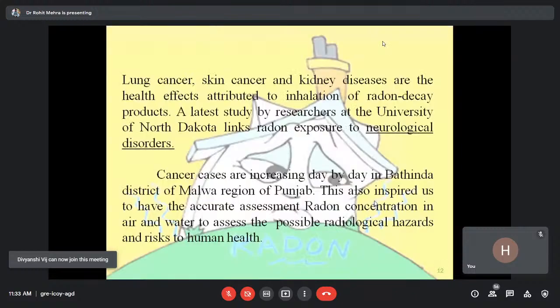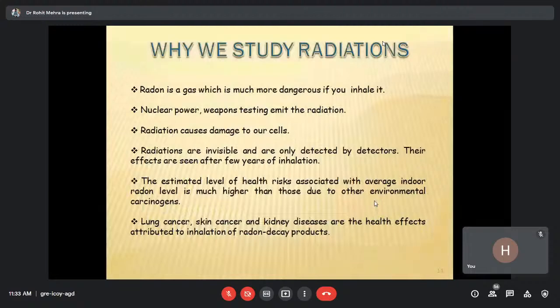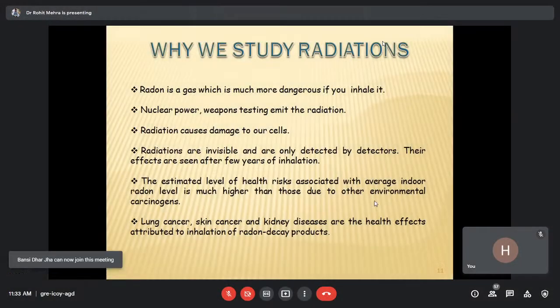But one thing is very important that you should always remember: the purpose of studying radiation is not to create a scare among people, especially in the Malwa region. But my request is, there has been a lot of hue and cry in the last few years that the water in the Malwa region has a very high level of uranium contamination, so people will die. It was even known as the cancer belt. Even some pictures were produced in that area.